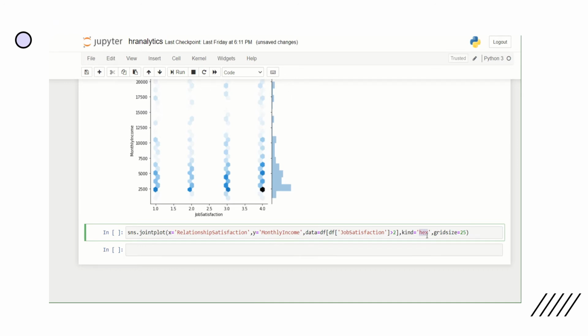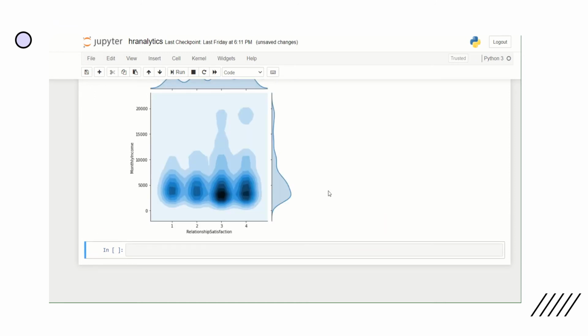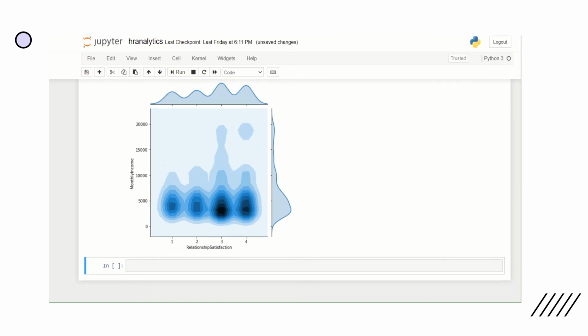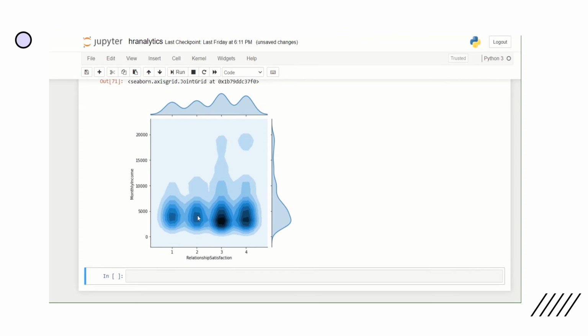And here I'm going to use the kernel density function. It's a probability function. So now I am having relationship satisfaction with monthly income. This shows these two parameters, and the kernel density function is given on the x-axis and y-axis. Now we can see the relationship between these two variables, and it also shows the distribution functions together.